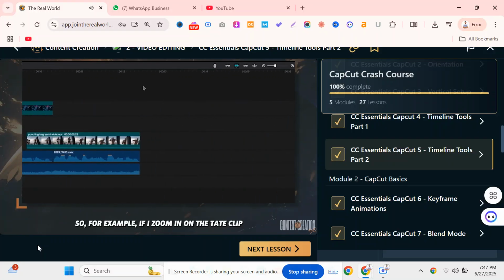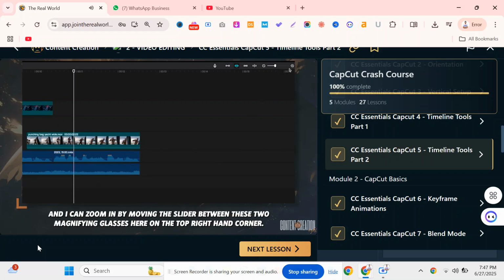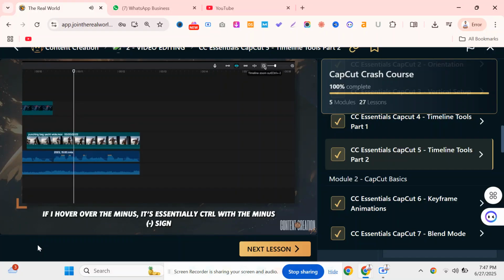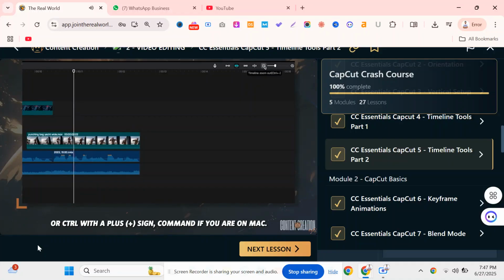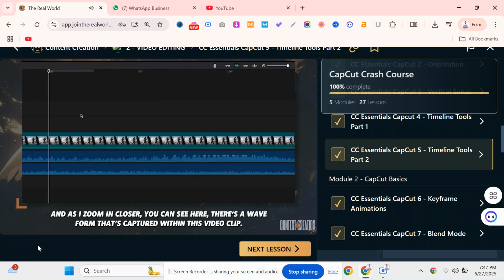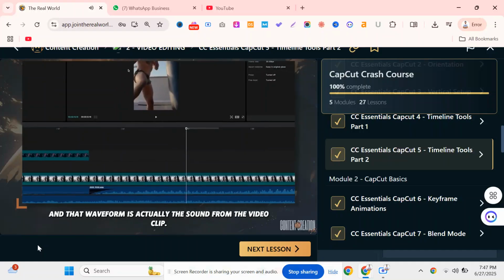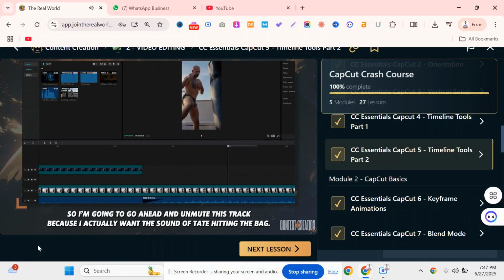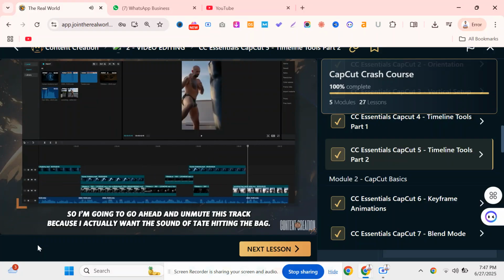So for example, if I zoom in on the Tate clip that I've got here, and I can zoom in by moving the slider between these 2 magnifying glasses here on the top right hand corner. Of course, you have shortcuts as always. If I hover over the minus, it's essentially control with the minus sign or control with the plus sign, command if you're on Mac. So I'll go ahead and hit command plus. And as I zoom in closer, you can see here, there's a waveform that's captured within this video clip. And that waveform is actually the sound from the video clip. So I'm going to go ahead and unmute this track